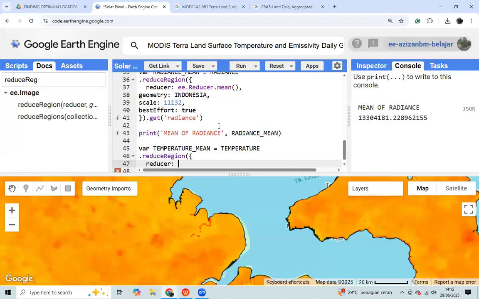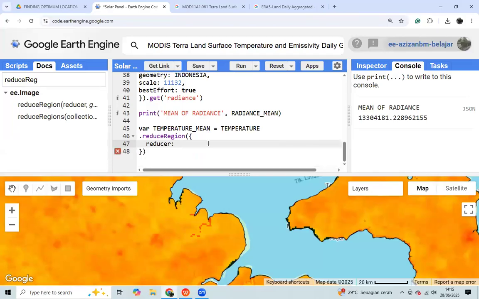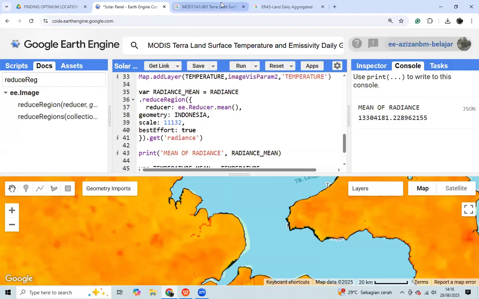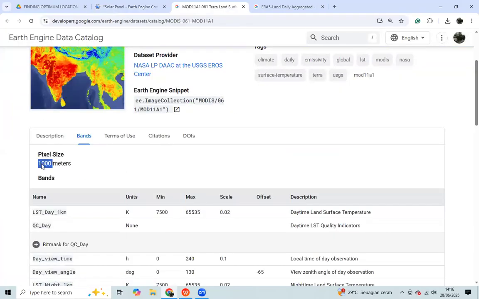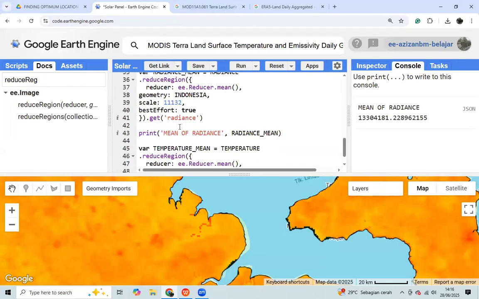It is the same as above, but it's on the temperature data. The scale is different from the radiance data because it's on 1,000 meters.